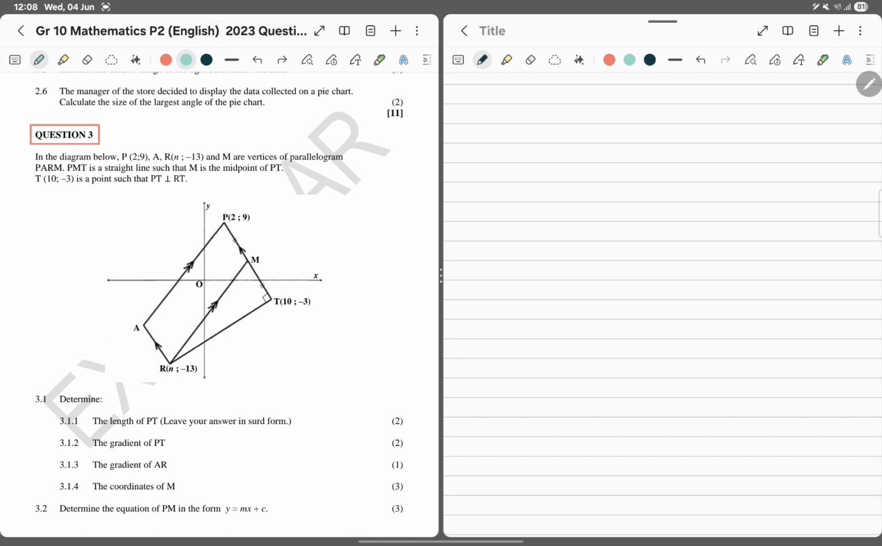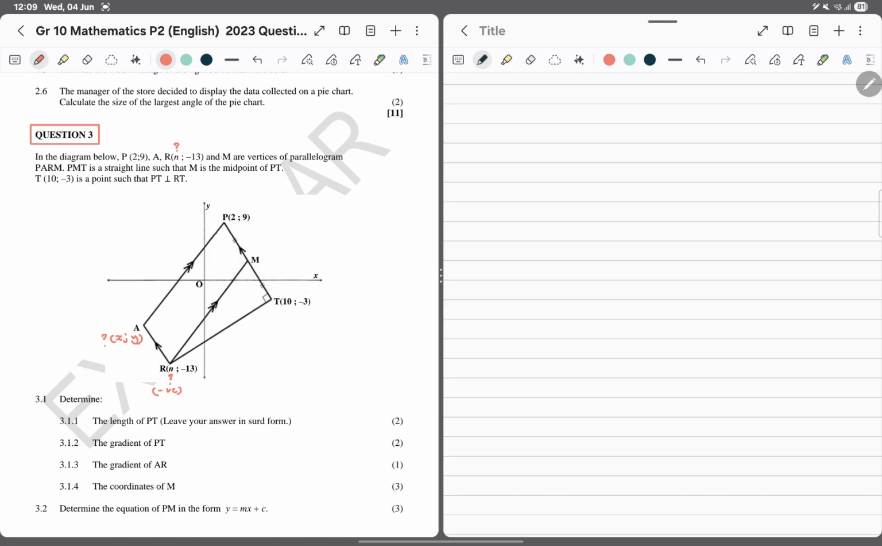Anyway, in the diagram below, point P with coordinates 2 and 9 is a point in the first quadrant. Good. A. So A is not stated. What is cooking with it? So we can only think about how to approach it. R with coordinates n and minus 13. So that's a potential question. We need to also consider how to arrive at finding n, which is a point in the third quadrant according to the diagram, as well as A. So we expect n to be a negative number,